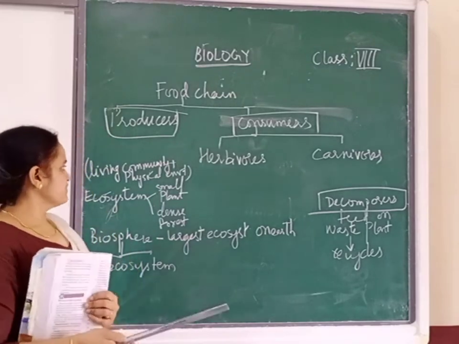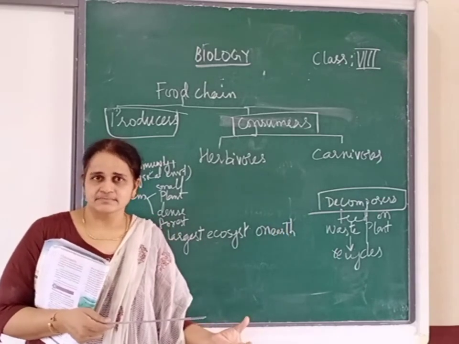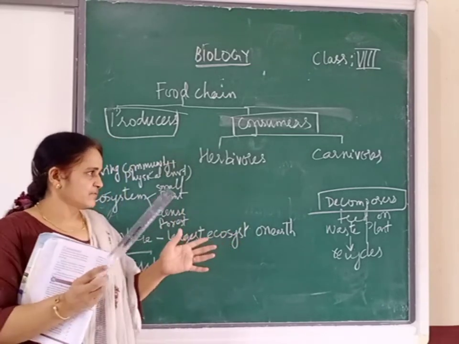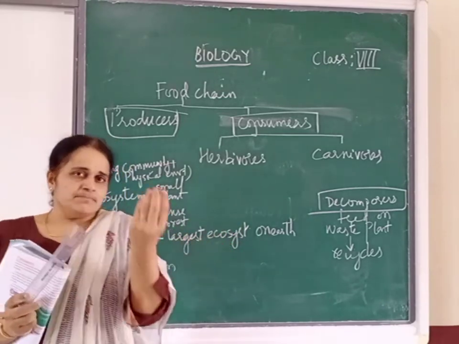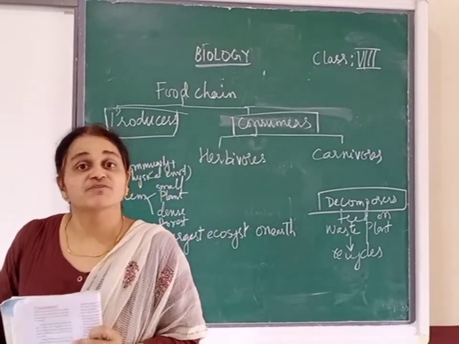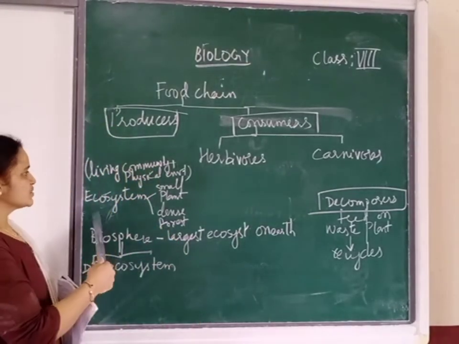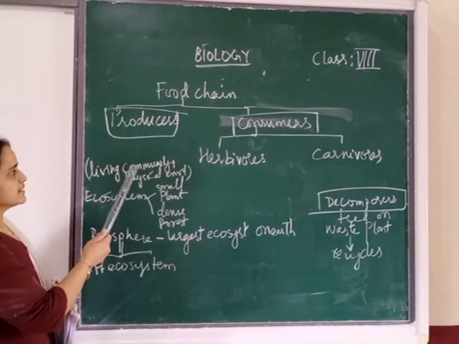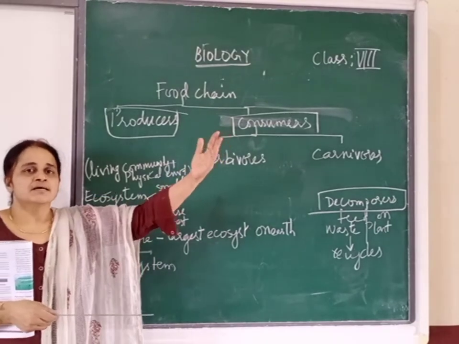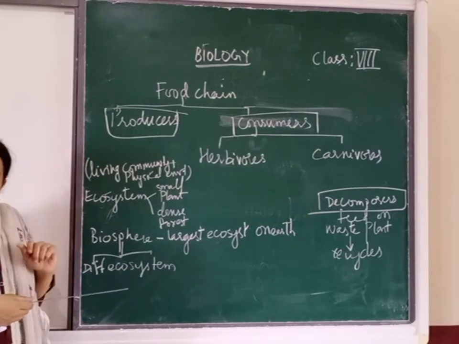So this ecosystem can begin with a small plant in our garden, to a wider aspect, a large forest. So if you go, it can be with a small plant or a large forest to form the forest ecosystem. So when we go to ecosystem, it is nothing but so many living communities coming together and interacting with the physical environment. That is forming our ecosystem.